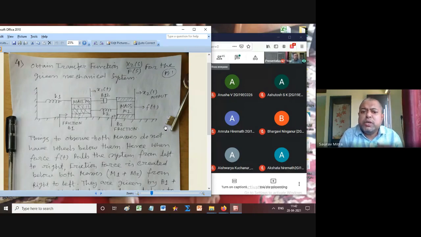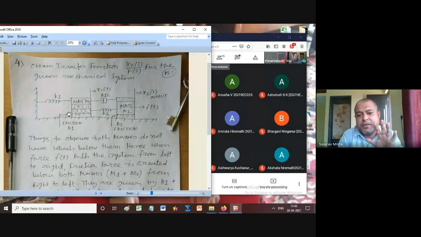So there are two displacements, x2(t) and x1(t), and there is only one force, which is called F2(t). So F2(t) is causing displacements x2 and x1. Whenever we are going to write the x1 equation, what will be the dedicated components and what will be the common components? You will find that K1, B1 and M1 are dedicated only to x1(t). So there are 5 components whenever you are writing the equation for x1. This is what you have to understand.